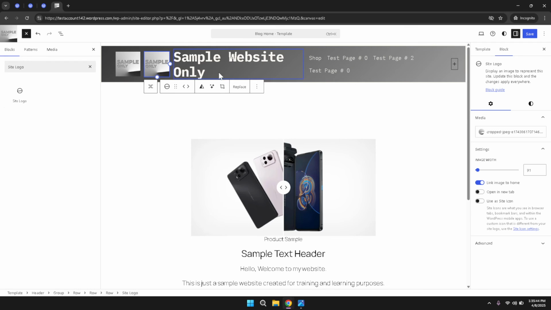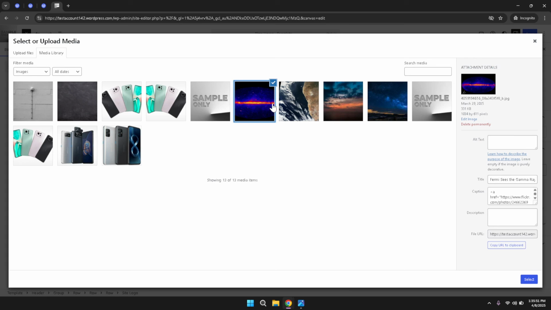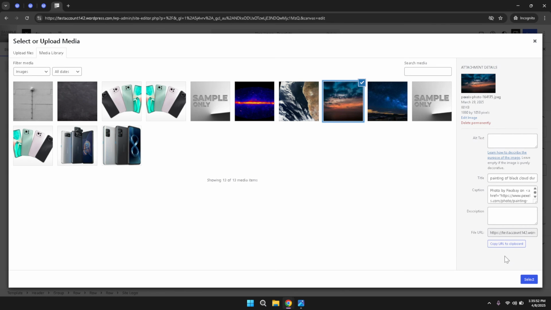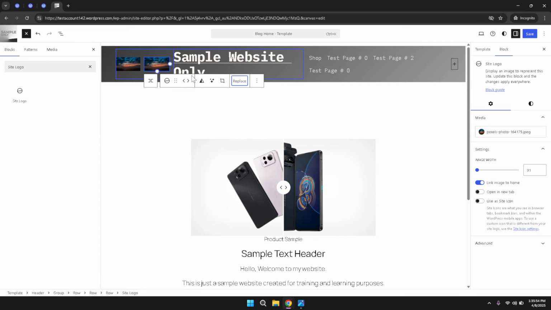Finally, if you wish to replace the image that appears as your logo, simply click on the current logo. This action opens a menu where you have the option to change the image. Not only can you replace the image, but you can also resize your logo and further edit it if needed to perfectly fit your website's design. Adjusting the size and appearance of your logo gives you creative control, ensuring it matches the overall aesthetic of your